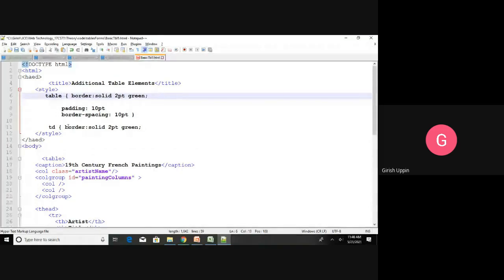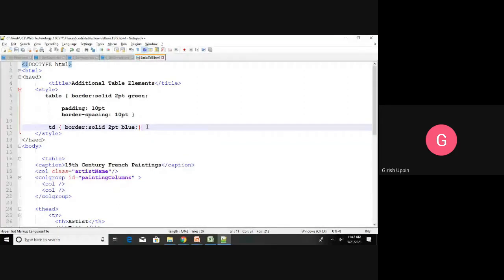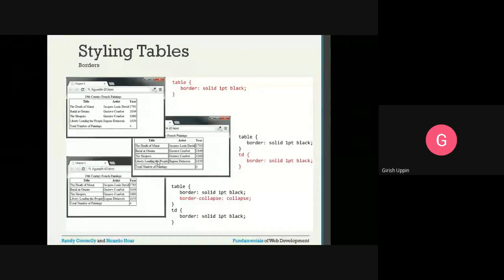We will use a separate styling. I will say this is blue color. I saved it. You can see the outer table is green, the inner ones are in blue color. So that is how you will see this style.